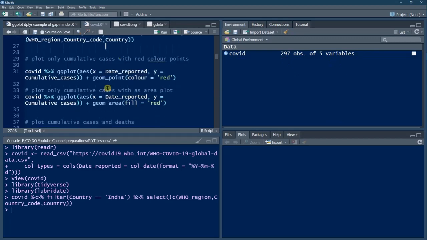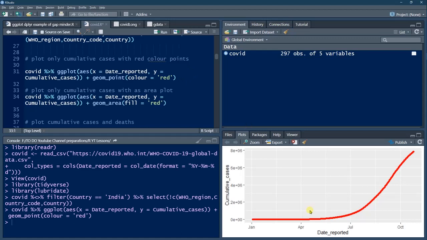Now we'll have to do the plotting. We'll plot only cumulative cases first with red color points. That is COVID. Then we'll pass it on by pipe to ggplot. X is date reported, Y is cumulative cases, and then we'll say another geom point is to be added for visual. We'll say color is red. Okay, geom is to be added by a plus symbol.